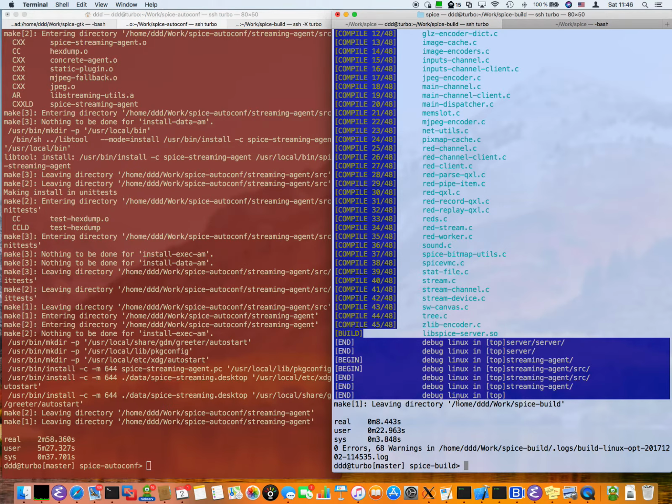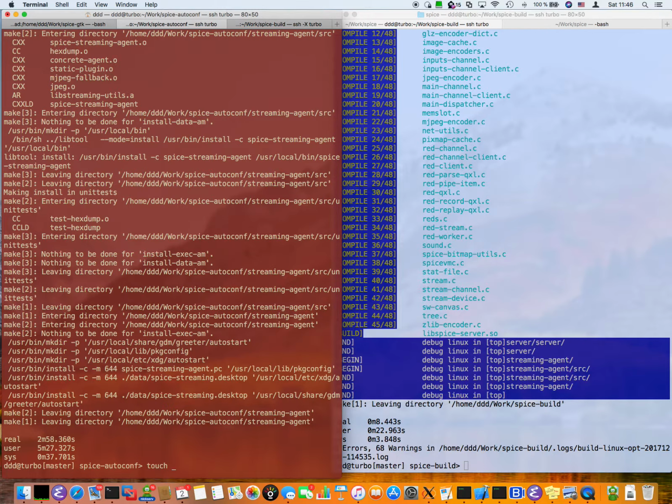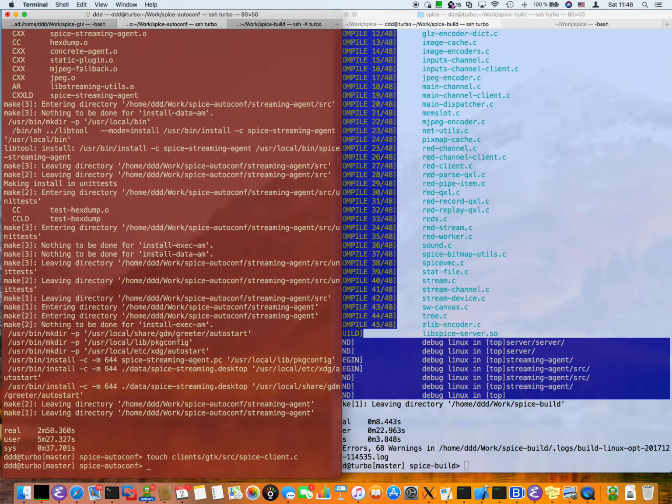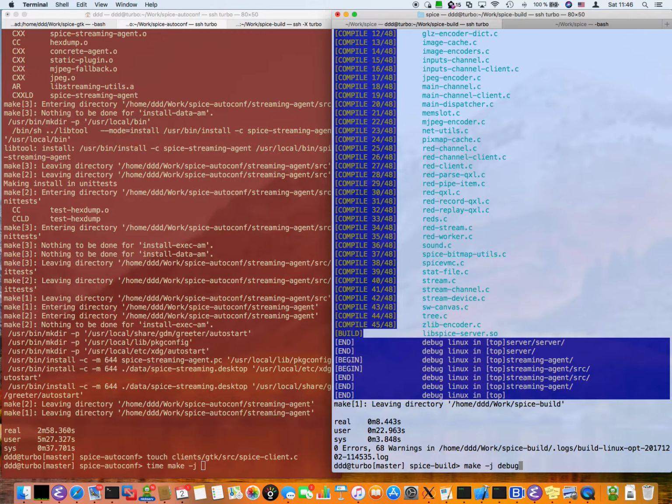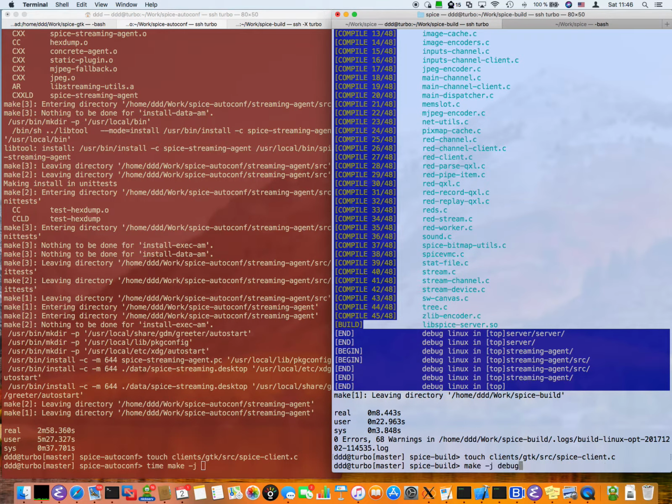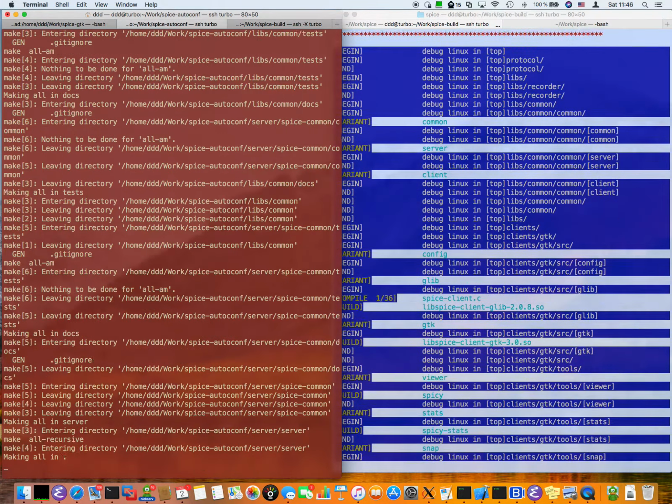Now, if I touch a file, so if I touch the client file here, like this, so this is the case where you do an incremental build.